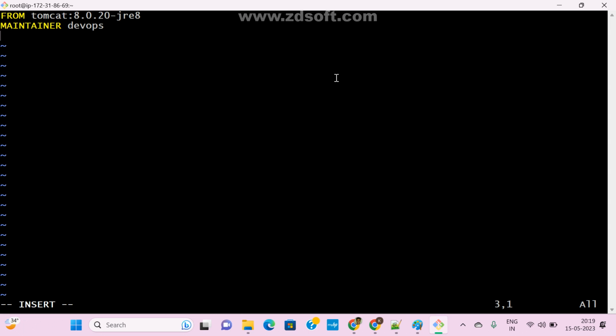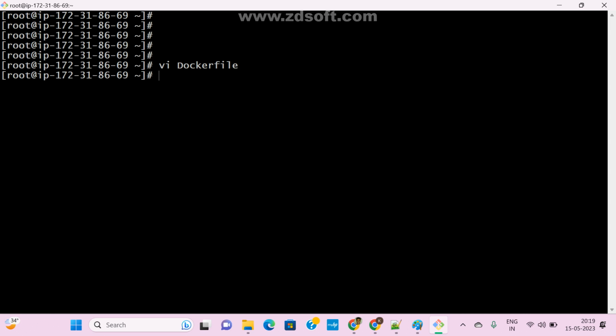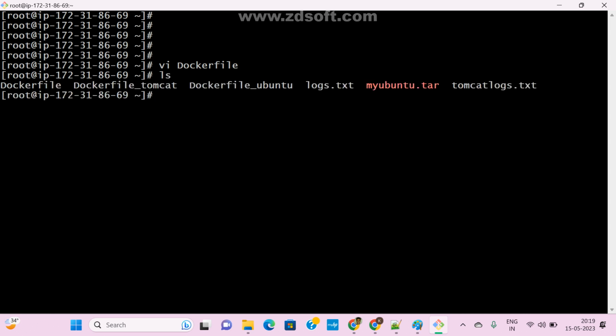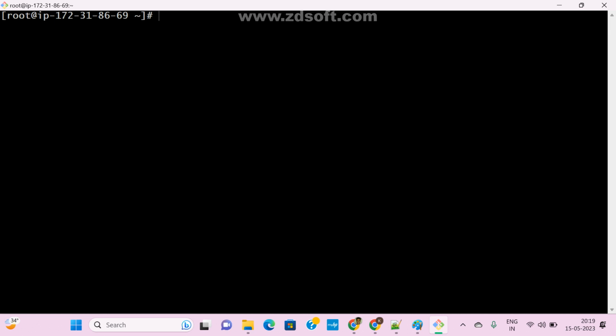If you want to download any file onto our local machine, what is the command? I want to download any file from the internet. So what is the Linux command? I want to download something. If you want to download any file, what is the Linux command?